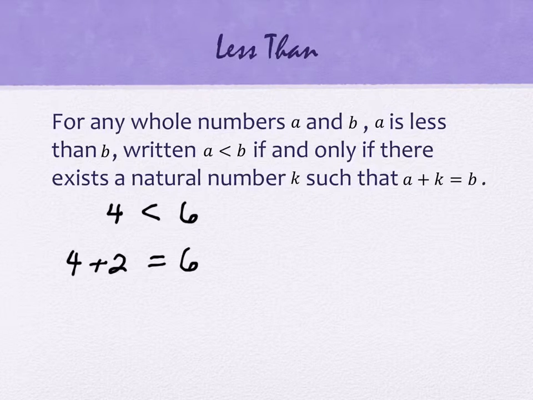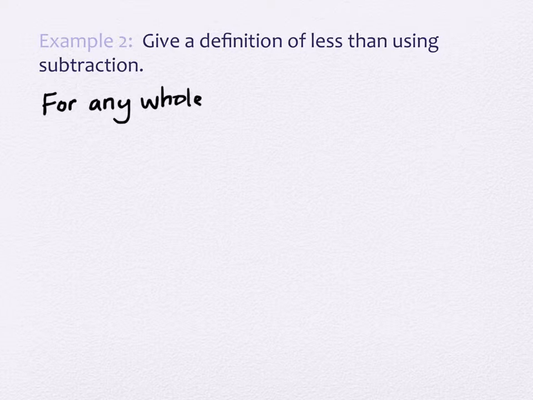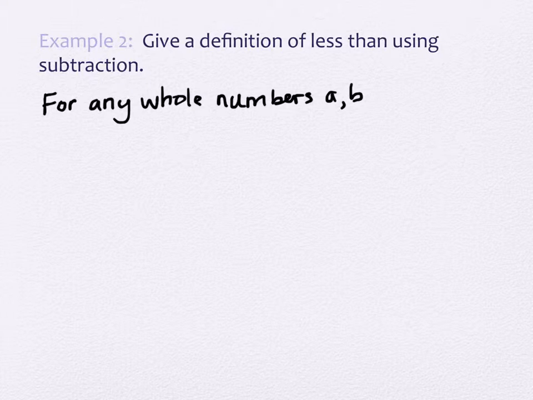What we're going to do next is take the same idea, this idea of missing pieces of things, and do the definition but with subtraction. So the definition with subtraction is going to look almost the same. All the language at the front is going to be the same. So the language is going to say, for any whole numbers, A and B, A is less than B,